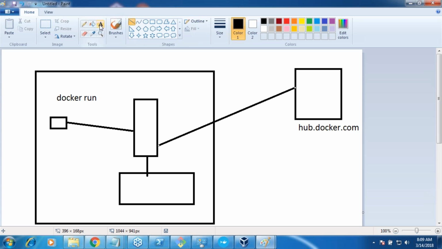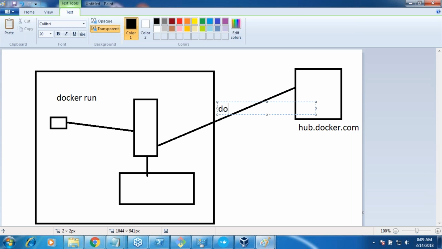This request is basically called Docker pull. So rather than giving Docker run, if you say Docker pull, an image will be downloaded from your registry to your local image store. Are we good?